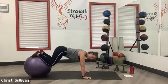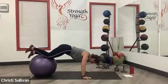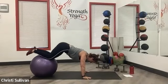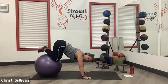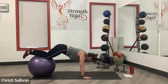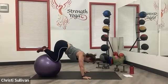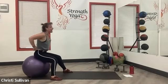And again, at this point, you might be really fatiguing, so you may find you need to bring that ball in a bit more. And if you do, those hips go up higher towards the ceiling. But again, it's like me dropping the 10 pounds last time for the 5 pounds. Okay, now,